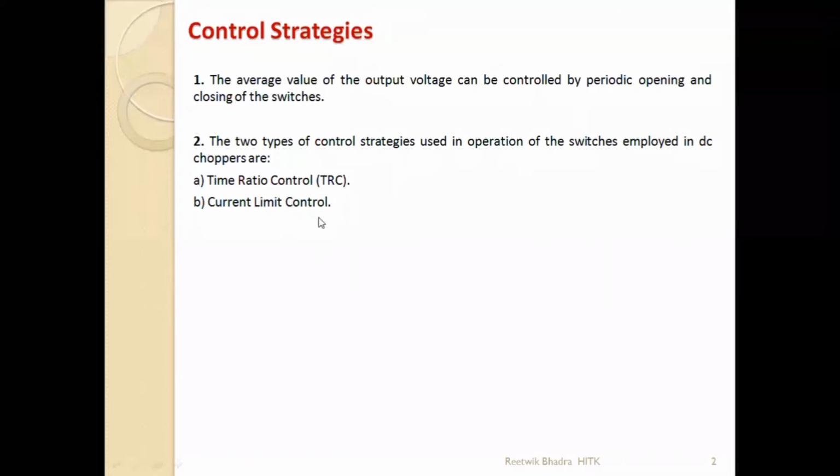And current limit control, I am basically telling you that it is dependent on the inductor current waveform. We will check it. According to the name, if a certain limit of current is reached, we'll switch off the circuit. If it falls below something, then we have to turn on the circuit. Like that, we have to limit the current between two values, a minimum and a maximum. That is what current limit control states. And time ratio control is controlling our duty cycle D, which is nothing but T on by T.